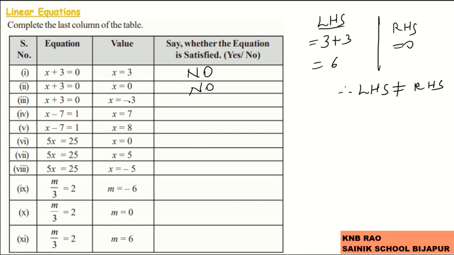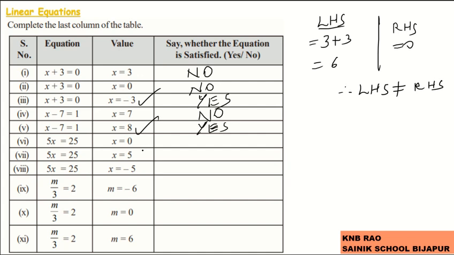When x equals minus 3, substituting here gives minus 3 plus 3, which is 0. 0 equals 0, therefore yes, it is correct. For x minus 7, when x equals 7, 7 minus 7 gives 0, and 0 cannot be equal to 1, so it is no. Here x equals 8, substituted here, 8 minus 7 gives 1, and 1 equals 1, therefore it is